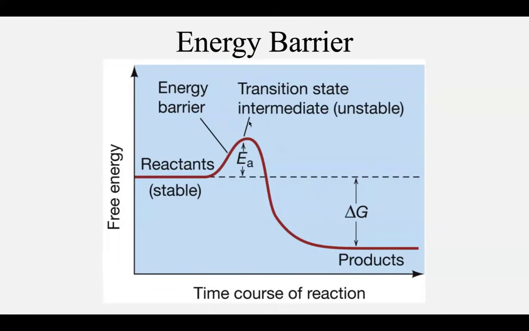There is something known as a transition state intermediate. The transition state intermediate is when a reactant obtains enough energy to go past the energy barrier. Once the reaction manages to go past the energy barrier, it becomes a transition state intermediate and it is very unstable. Once it reaches this transition state intermediate, it will 100% proceed with the reaction. But obviously, you need energy in order to reach this little hill here.